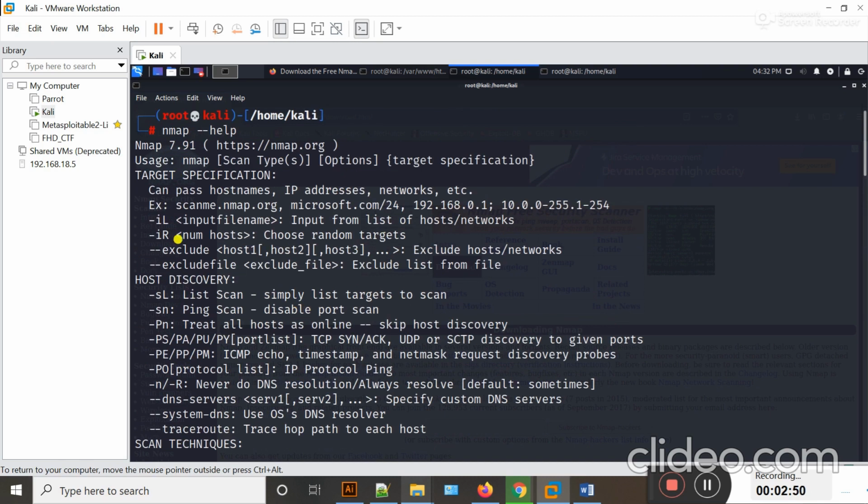If I scroll up, here you can see target specification, how you can specify your target. If you use Nmap, you can pass a host name, something like scanme.nmap.org. Actually this is a website made for education purposes, and you can use it for your practice. You can pass a host name here. You can also pass an IP address, or a network, etc. For example, something like that. Here you can see nmap scanme.nmap.org,